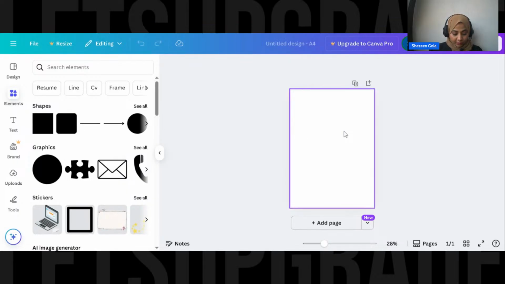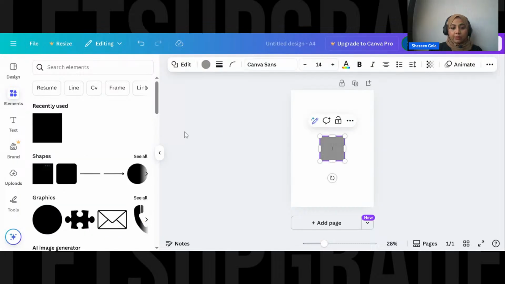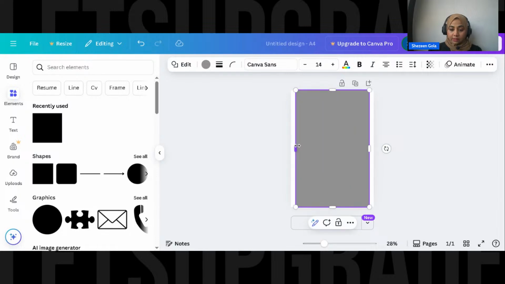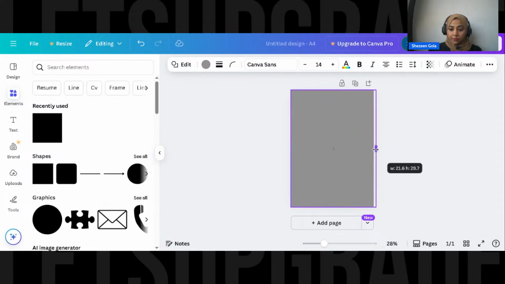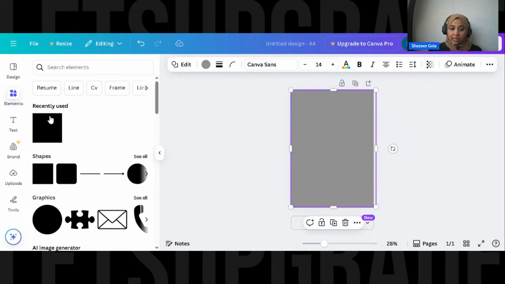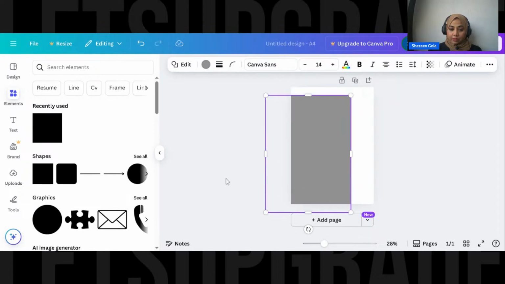Now when we are using shapes, the moment I select a shape, you see something has come out here in gray color. That is exactly what I used, a shape. Now what I am going to do is expand the shape, take it and try to cover it all over. Okay. Now there is a gray color instead of a plain white color. You can change the color of this also by clicking onto it. So let's change the color.